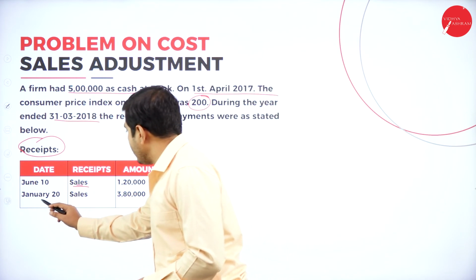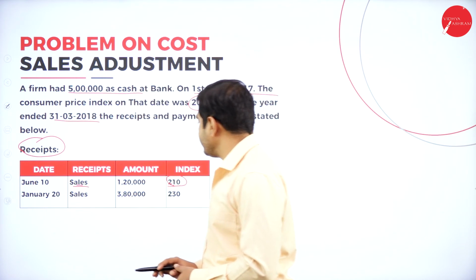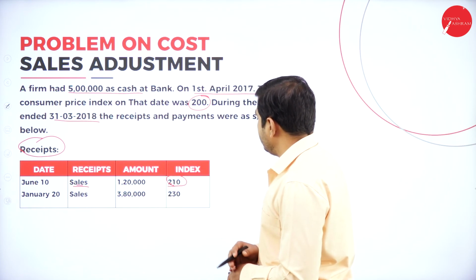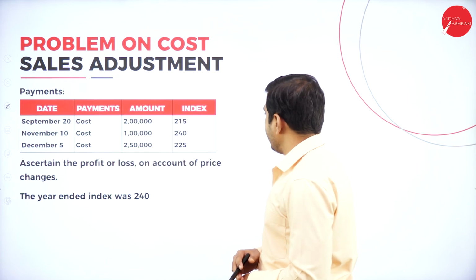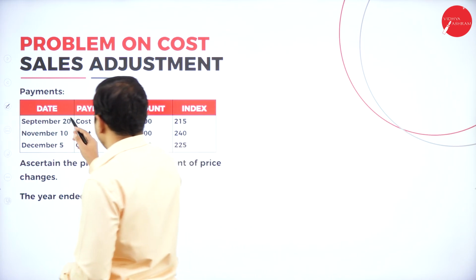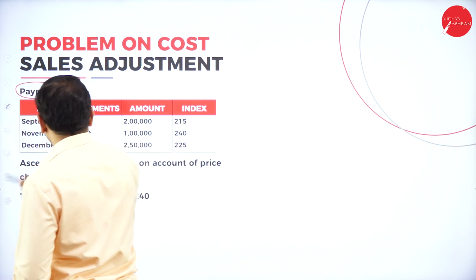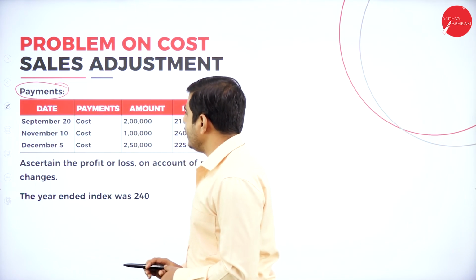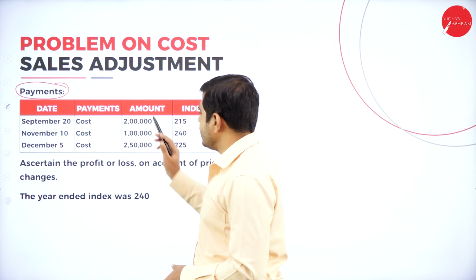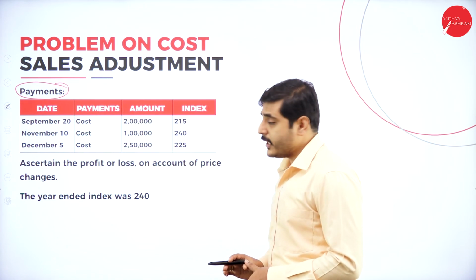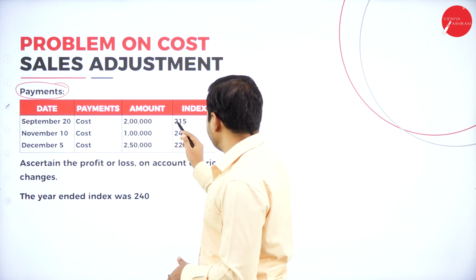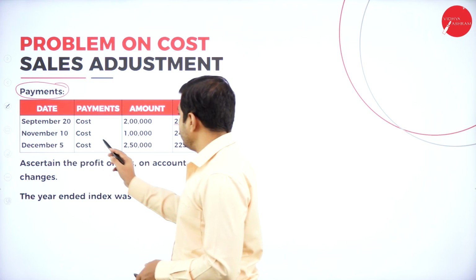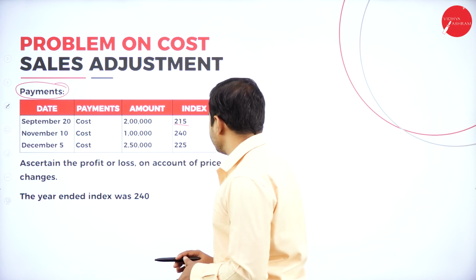Next one, on January 20, because of sales we have received 3,80,000. The index is 230. Again, coming to September, these are the payments made because of purchase. On September 20th, the payment as a purchase is 2 lakh rupees. The purchase index is 215. Again, on November 10th, the cost is 1 lakh rupees. The index is